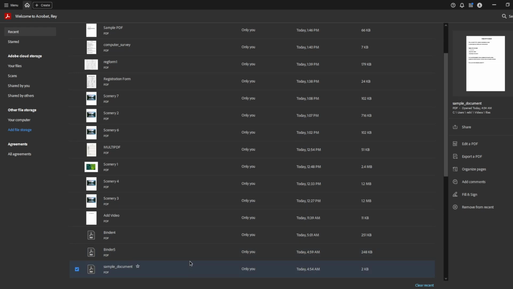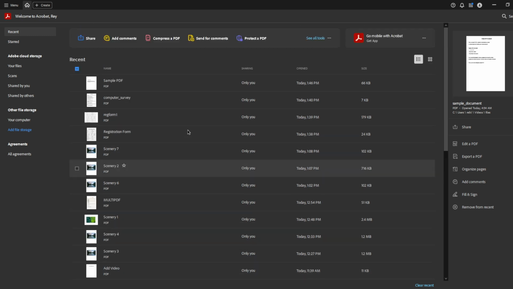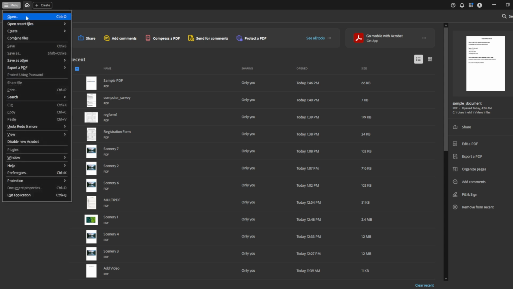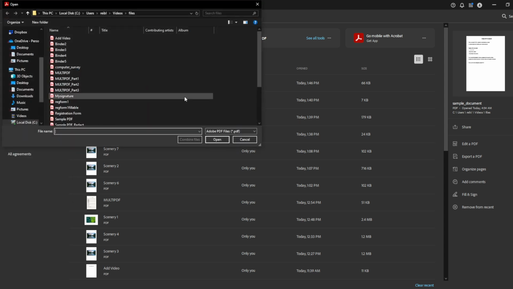In today's video, I'm going to teach you how to reduce the file size of a PDF using Adobe Acrobat Pro DC. This is a practical skill that can save you a lot of hassle, especially if you're trying to email a document or save space on your device. Let's dive right in. First, you'll need to open the PDF file that you want to shrink in Adobe Acrobat